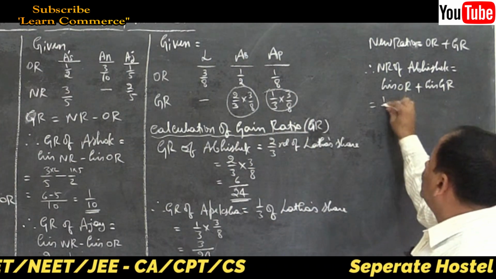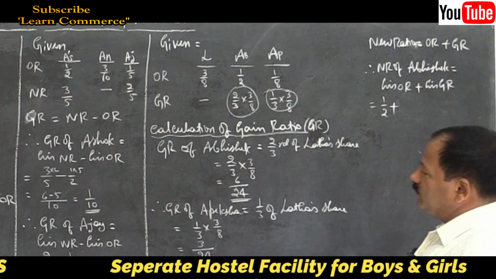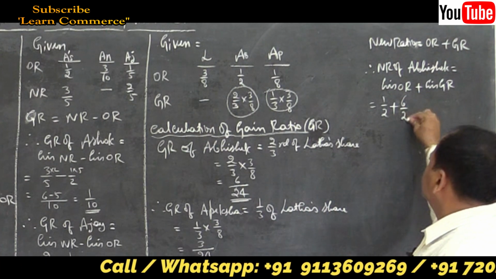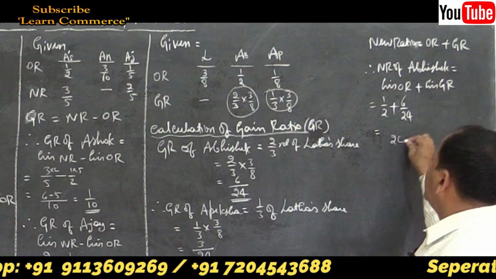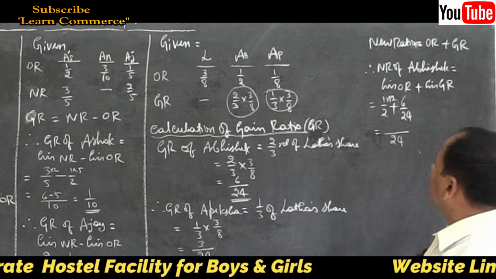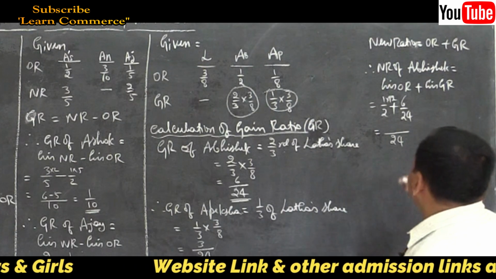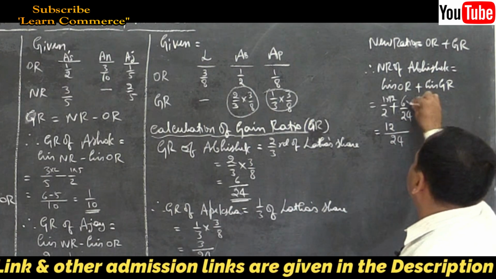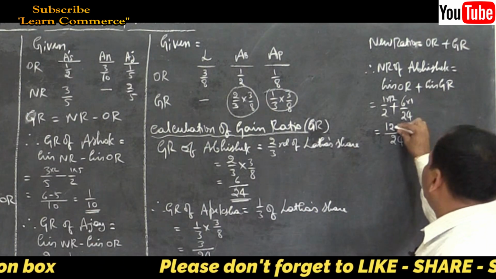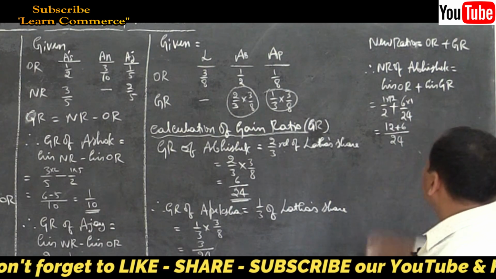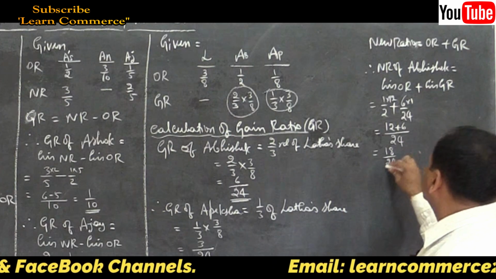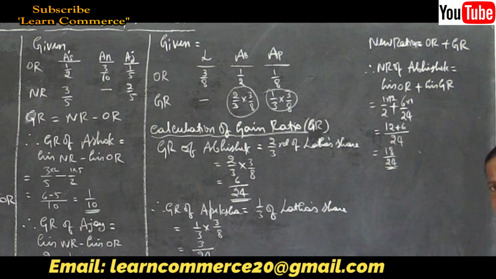So, it is equal to 1 by 2 plus how much? 6 by 24, correct? 6 by 24 is equal to, take 24 as the common denominator, 2 12s are 24, multiply the numerator with 12, 12 ones are 12. You see here 24 ones are 24, so multiply the numerator by 1 only. So 12 plus, symbol is plus, 6 ones are 6 is equal to 18 by 24. 18 by 24, correct?